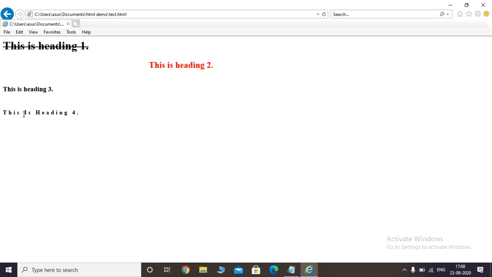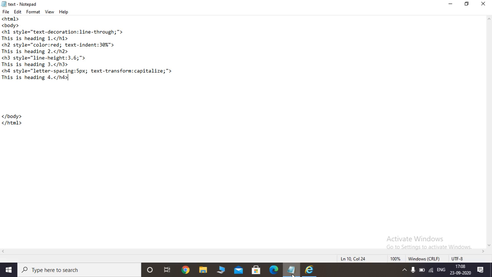Next we'll learn about the font properties. For the font properties, you set the font family, size or style you want to give to your text. Different font properties like font family, font size, variant, and font weight can be used here. Again we will see an example by practically doing it.